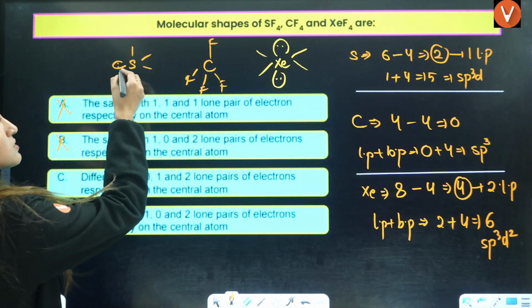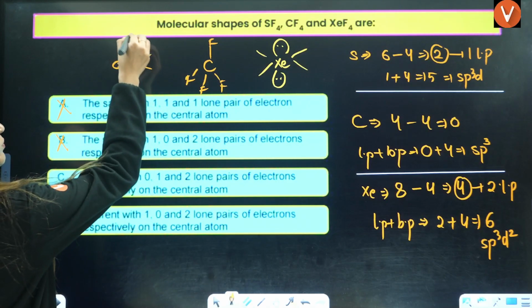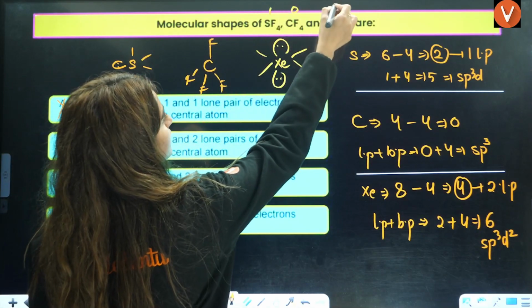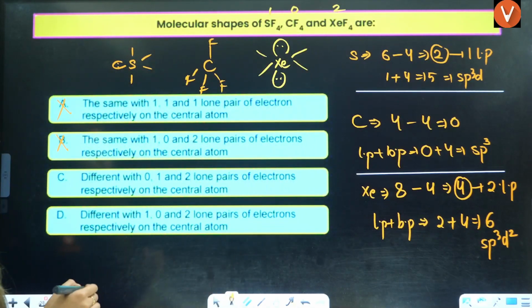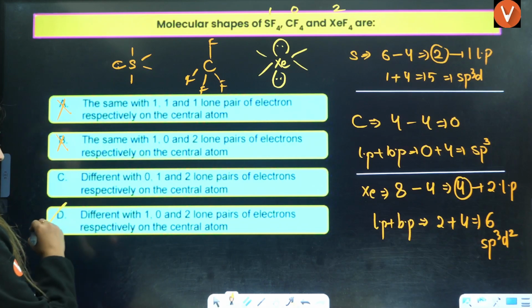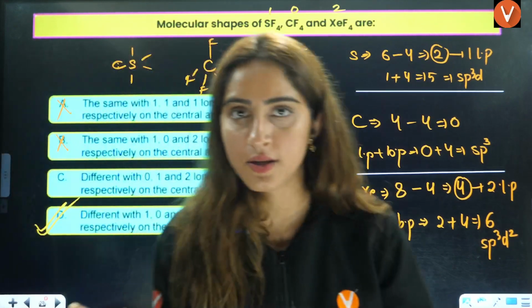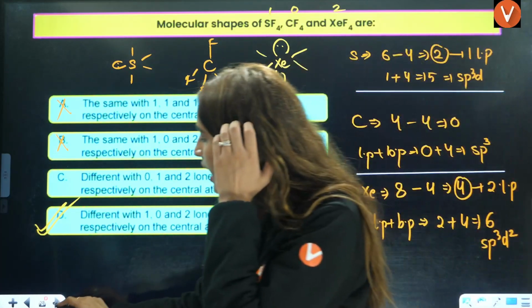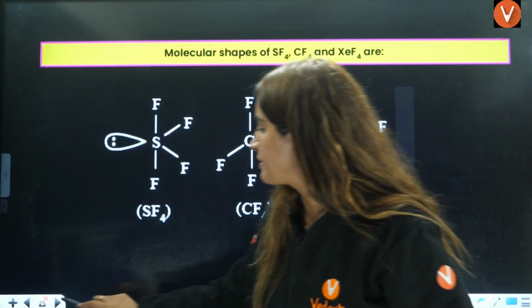Different we have, this has one lone pair, okay. This has 1 lone pair, this has 0 lone pair, this has 2 lone pair. So 1, 0, 2 is the correct answer. So answer is D is the correct answer. Okay, that is how you're going to solve it, right? Okay, now next we have